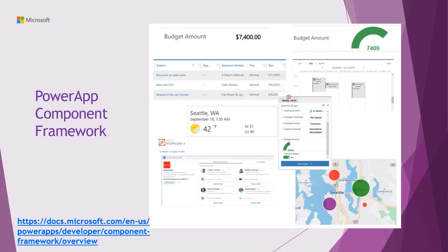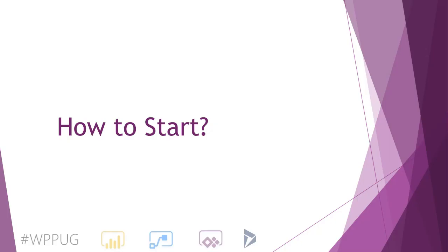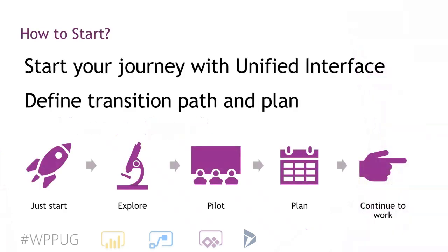Cool. So now that we've done the initiation, the next bit is to explore how it is going to behave in terms of upgrade and what we need to do. So how to start? Microsoft has recommended a little bit of a journey, and the first step is just start. Switch to the unified interface, have a look at your forms, have a look at what's working and what's not, and then assess and start to explore what you need to do, such as some regression testing,